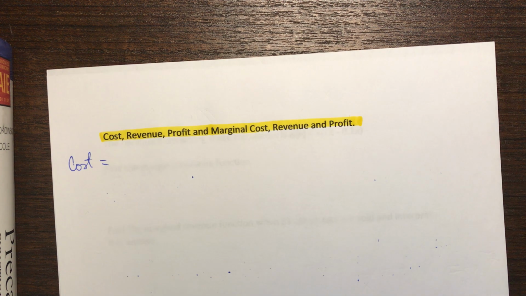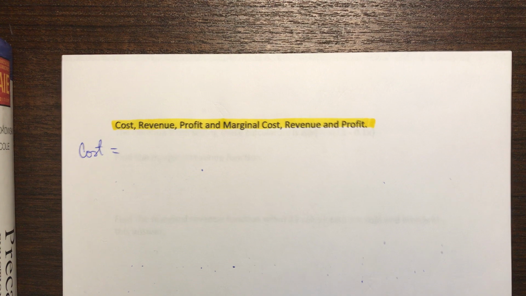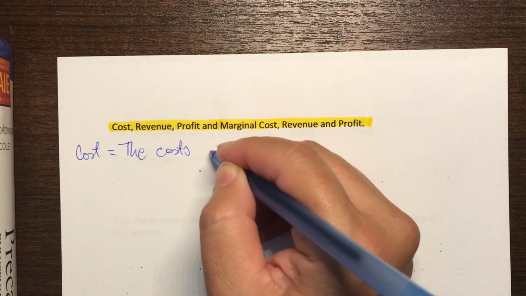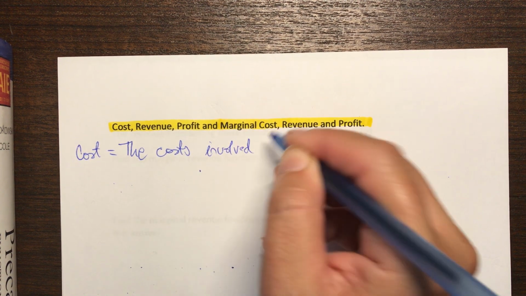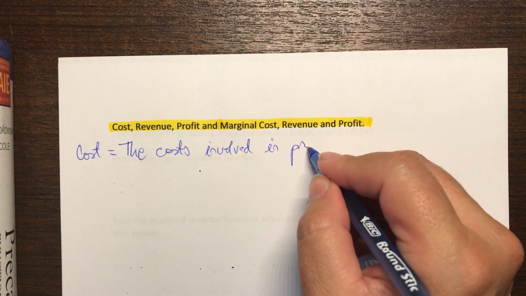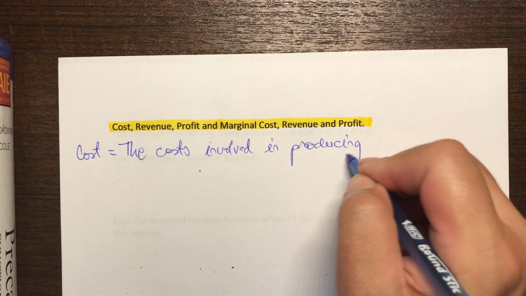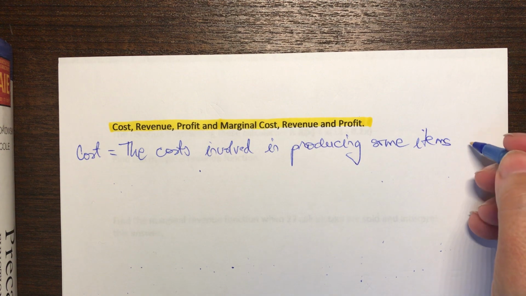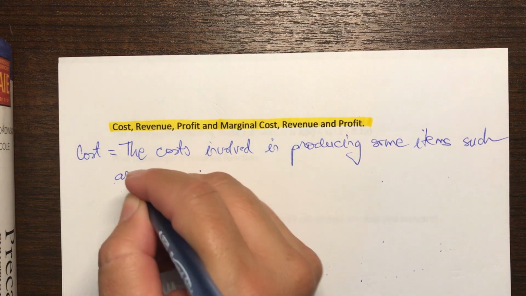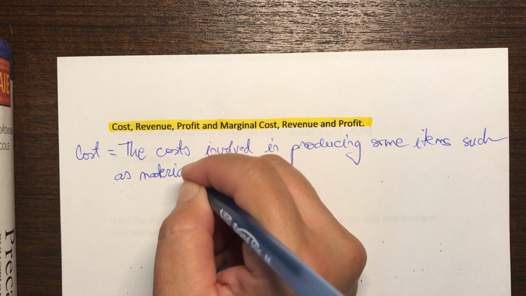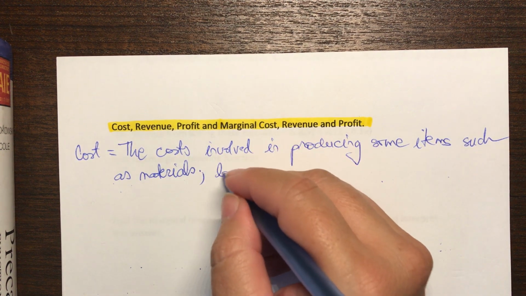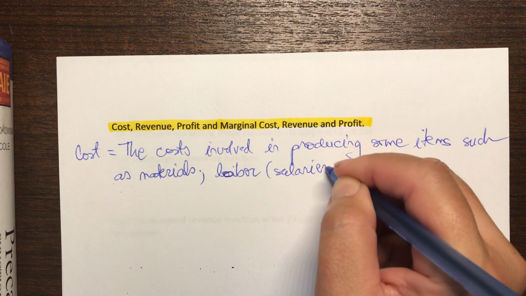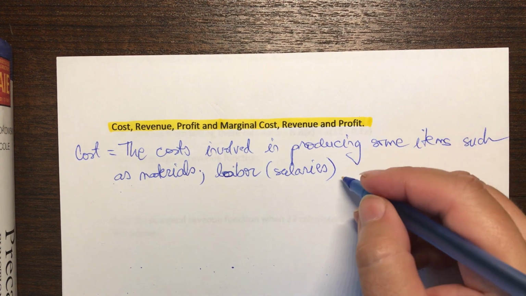So sure enough, when we're figuring out the cost of running a business, we simply mean the cost involved in producing something, producing some items, such as materials, labor, in other words, your salaries, overhead, rent,